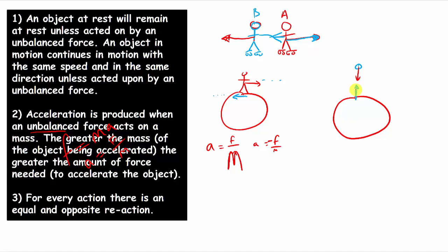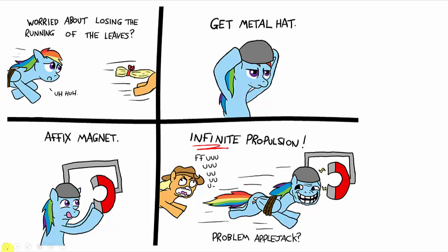So let's take this back now to Rainbow Dash's idea. Rainbow Dash thinks she's going to get pulled forward by the magnet, but Rainbow Dash is also going to be pulling the magnet towards her. All that's actually going to happen is that this bit of metal is going to maybe bend if it's a really strong magnet, or that's it. There's no external force acting on Rainbow Dash to accelerate her forwards.